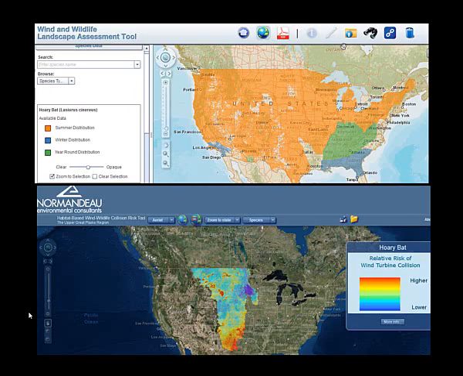And just to take this back to the wind energy issue for a second, there have been a number of efforts to try to characterize the risk to migratory bats on the landscape in relation to wind energy development potential. These efforts have relied primarily on museum records, and they've also assumed that the habitat associations were static. In other words, if there wasn't a tree, you probably wouldn't find a hoary bat there. So I think you can see the potential of compiling all these acoustic data in one place, and how we have a much richer and more nuanced data set with which to populate some of these large-scale models.